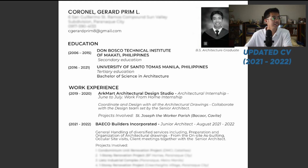So, never pa akong, I think dun sa first job ko lang ako nag-print out ng copies, pero with all the applications, every firm that I've submitted my CV and portfolio to, I've only submitted an e-CV and e-portfolio. So kumbaga, they're all just PDFs, online PDFs. So as you can see here sa CV,